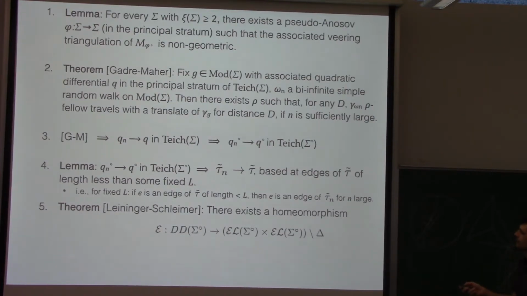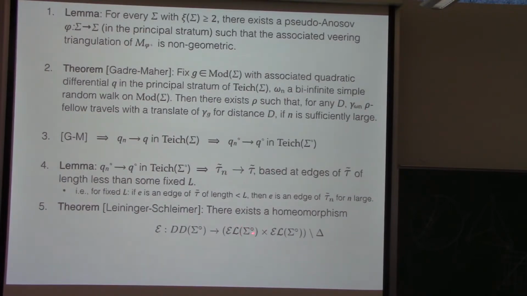And then, so this is based at edges of bounded length. So eventually I get convergence on some fundamental domain. And that's enough, because I'm really concerned about the triangulation in the mapping torus downstairs. And so then I apply a theorem of Leininger and Schleimer that says there exists a homeomorphism between the doubly degenerate representations of the fundamental group of my punctured surface,